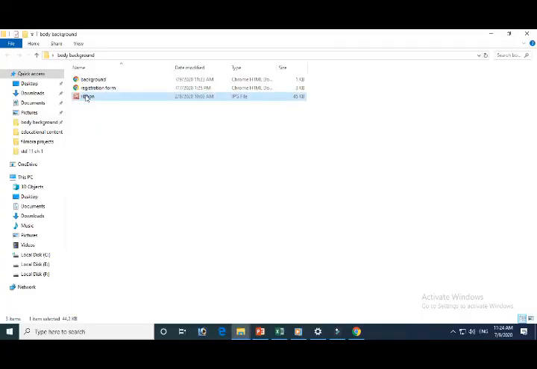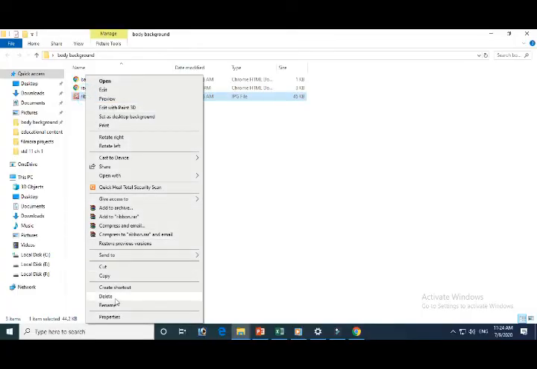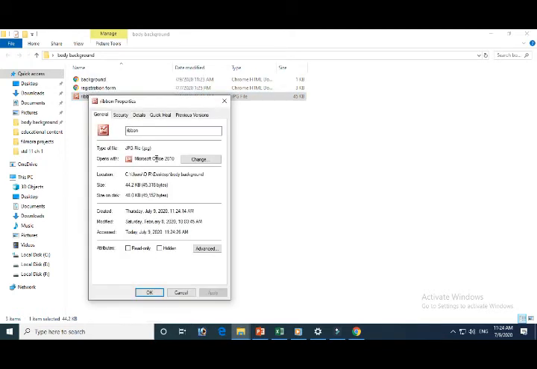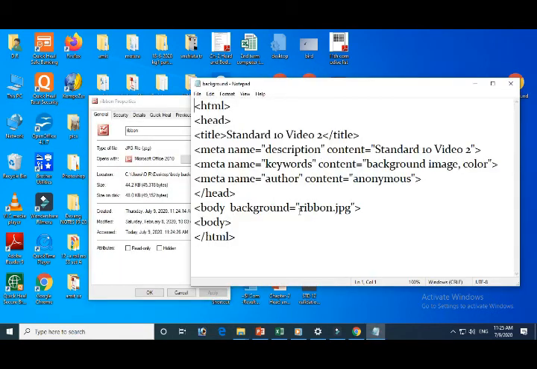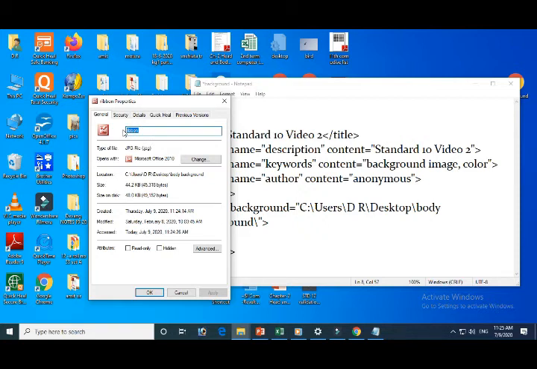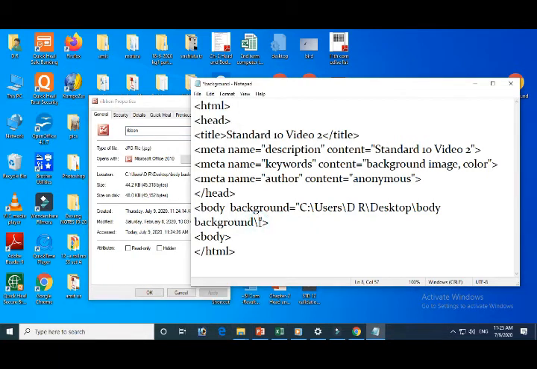Now right click on that file, go to properties, and you can see that location is there for this file. Now copy this location and paste it into that double quotes. Now this is location of that file. Since we have to write file name and its extension, we will mark a backslash here to separate it from the directory in which this file is currently. So after backslash, now go copy that file name from properties, paste it there, then type that extension .jpg.